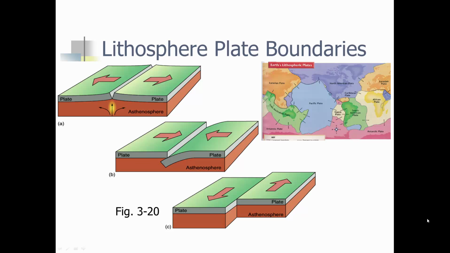Hello, and this is going to be the second to the last part of Unit 3 on plate tectonics. First one we talked about Alfred Wegener, and then we talked about Earth layers. And now we're going to talk about lithospheric plates and how they actually move around the surface